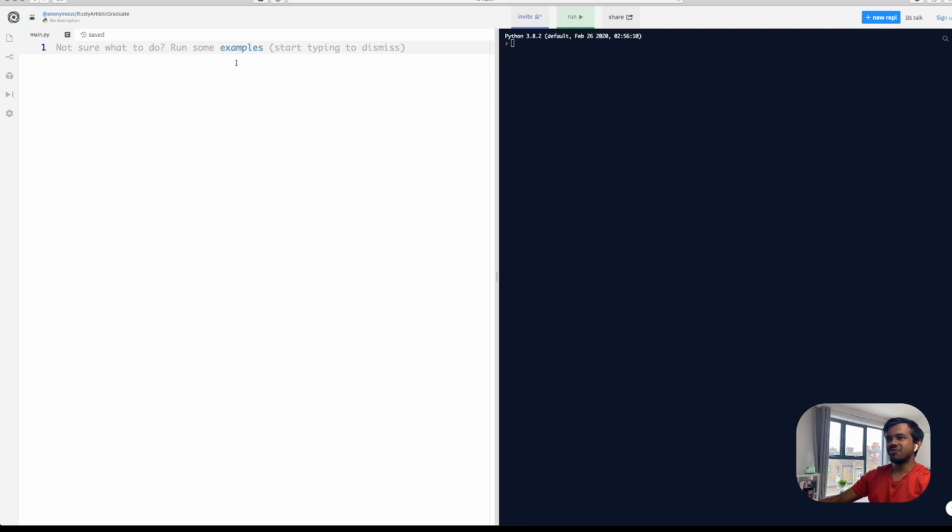Right. So now that we understand what this area is, this is where we write Python code. We're going to write Python code in a second. This area is where you actually see the results of your program. So when I write the code here and I click this run button, the Python program will be run, and the results from that program are going to be printed here.